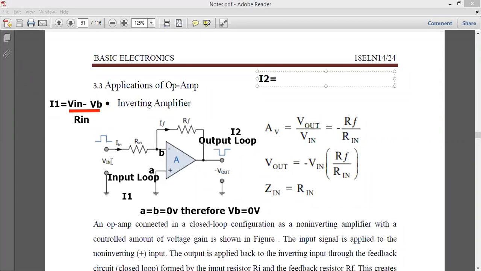मतलब जो V in यहाँ पे है वो VB पे भी आएगा. But what is the VB is equal to? Here we have written already given the condition that VB is equal to 0. So see the arrow mark and write the equation. That is nothing but VB पहले लिखना है माइनस आपको लिखना है V out. Okay, so VB पहले लिखना है because this is VB point and this is output point. So VB minus V out, okay, divided by, okay, again R. So what is R here? Here R is nothing but your feedback resistance denoted by RF. So I got the two current equations.